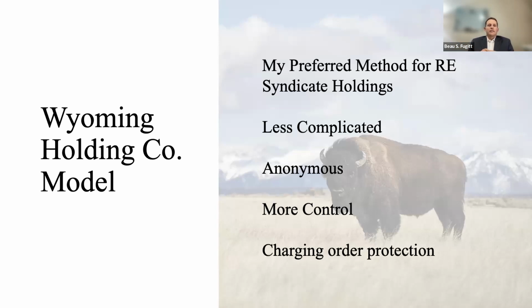The only way that someone can get that, I think I said this, is an actual warrant. It's a search warrant, a criminal search warrant. It has to be served on the Secretary of State, and then the Secretary of State will disclose who that actual member is. But short of that, no one can just go find out who the member is. So you're anonymous, right? Which we talked about is one of the most important things in an asset protection plan